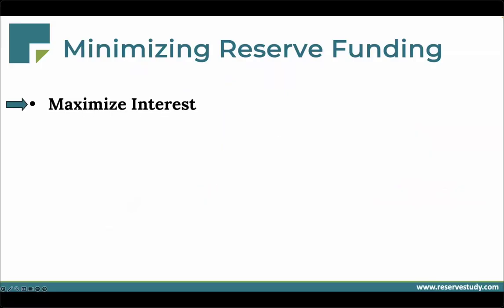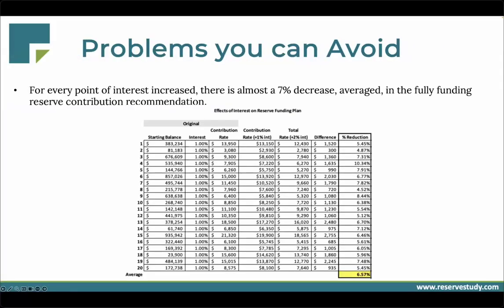So you may often wonder how you can safely minimize your reserve transfers, right? You can't change your expenses because your roof is going to fail no matter how much longer you wish it would last, right? Or you can't cut the cost of the roof in half by just wishing it were half as large, right? So we need to work the income side. Let's maximize our interest earnings.